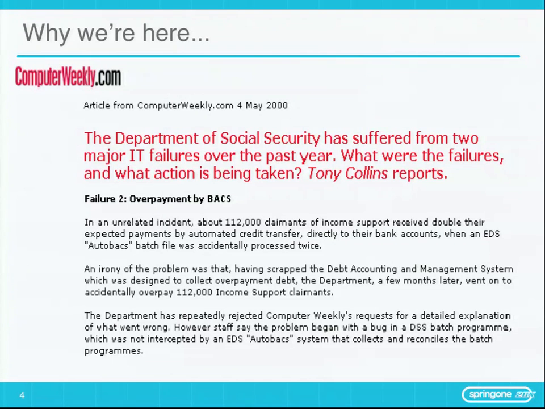Okay, so the reason we're all in this room: this is an article from Computer Weekly from the faraway time of 2000, and it describes the inadvertent overpayment of 112,000 basically Social Security payments in the UK, right? And I know most of you are thinking, well, what's the problem? 112,000 people got more money, good deal. But it describes a very real problem. It's a problem with batch processing. Something went wrong on their mainframe, and there was a glitch in the system, and there's suddenly a lot of happy people in England. So that's why we're here.